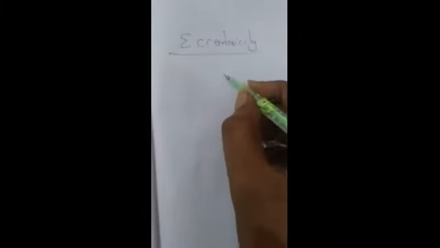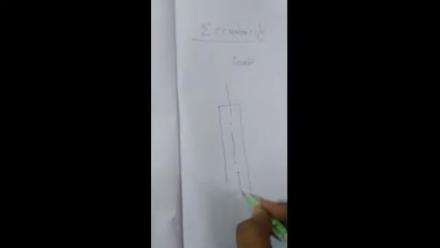Now I want to explain a small topic. This is the last topic in this unit. This is nothing but eccentricity. So what is meant by eccentricity? Eccentricity is the gap between the line of action of the member and the line of action of the load. For example, it is a column member. This is the line of action of the column, meaning the centroidal axis. The load also acts in the same manner. It is a normal column.